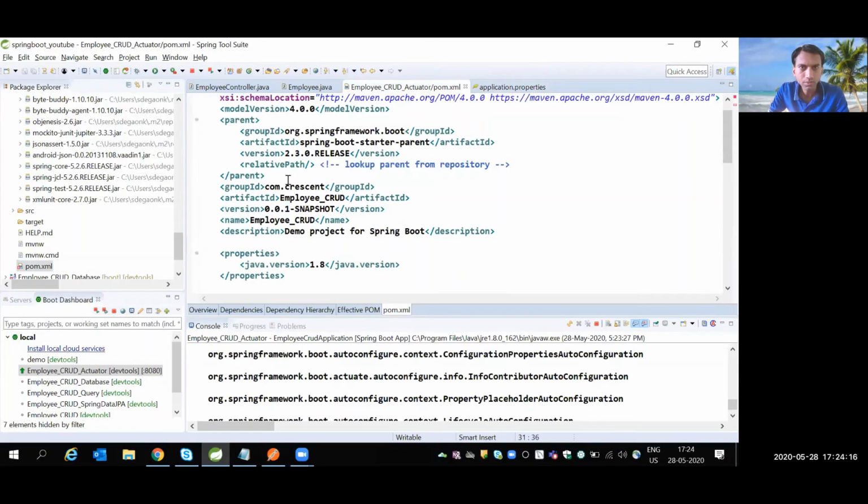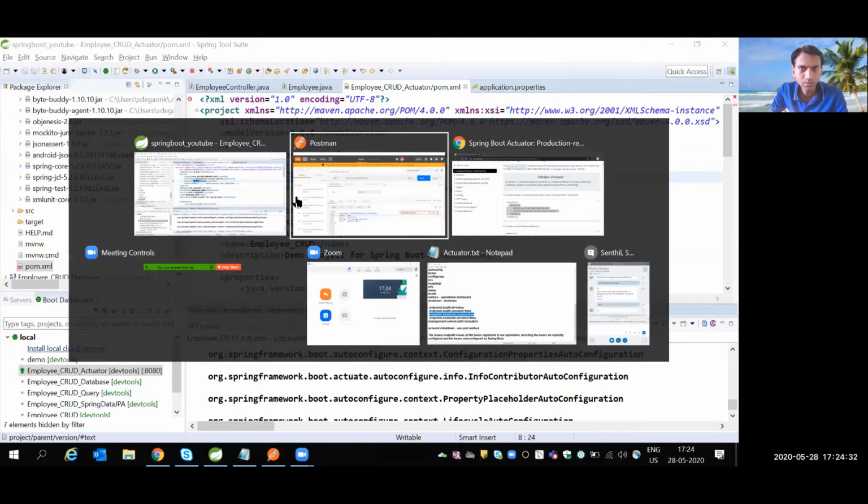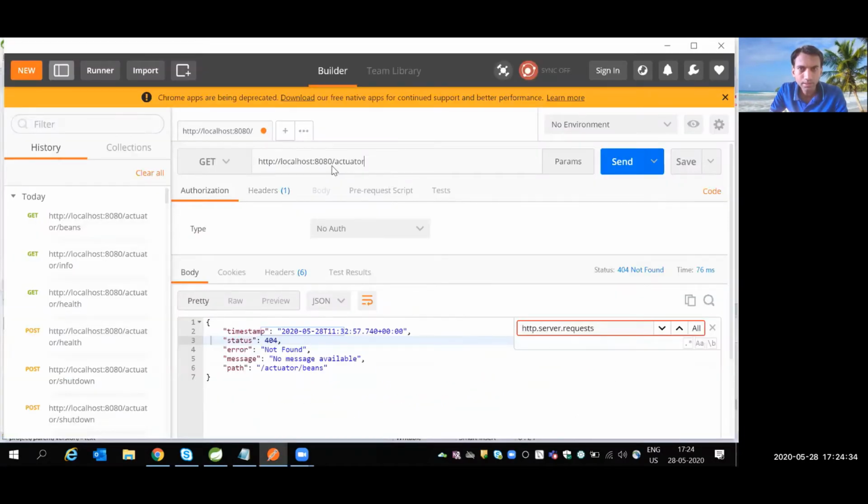I'm using Spring Boot version 2.3.0. If you use a version like 1.0.0 release, the options to see all the endpoints were different. With this 2.3 version, what you have to type is 8080, then /actuator, and then something like